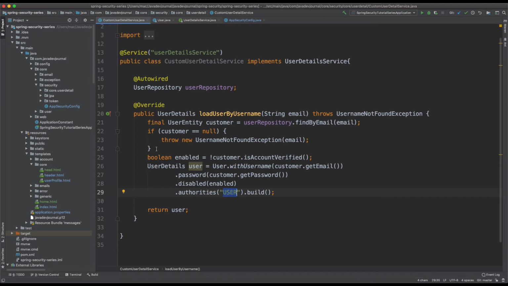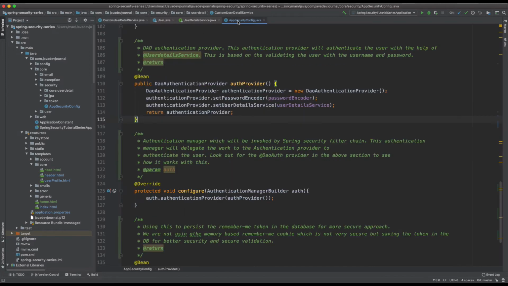All right. Now this thing is done and it's very standard, straightforward. You have to create a user detail object, and because I am using the out of the box class, I am using the builder. But once we create our own user object, we know how to fill the data. Ultimately, you need the email, the password, whether the account is enabled or disabled, and all sorts of things. We will talk about that, but I'm sure you understand the end goal. Now we have defined this one.